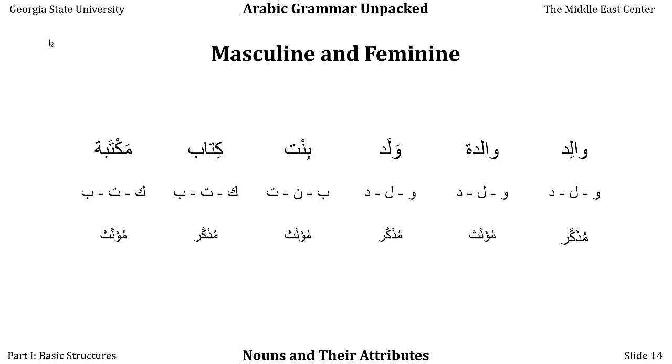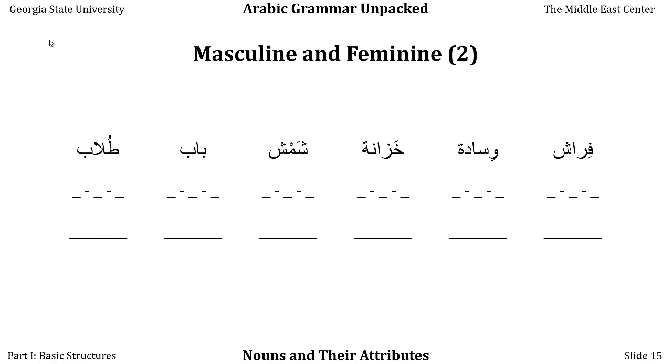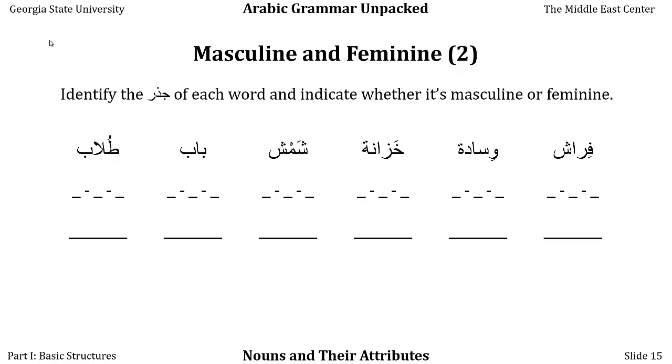Maktaba, or library or bookstore, on the other hand, has the same jithr, kaf, ta, ba, but it's mu'annath, and the reason we know it's mu'annath is simply because it ends in ta marbuta, so it is therefore a feminine noun. Let's take a look at some other examples. Farash, or mattress, its root is fa, ra, shin, and it does not end in ta marbuta, and it does not represent a female person, and it is not one of these 24 commonly used nouns, so we know that